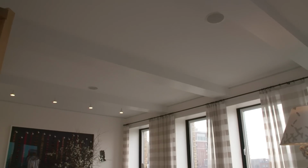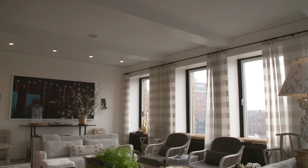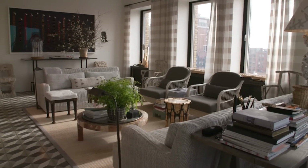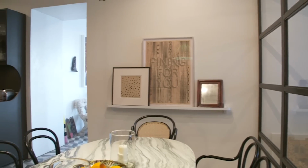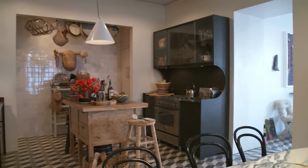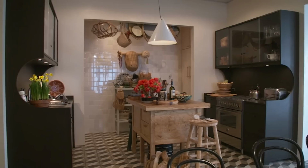I live in an old office building that is, I think, from the Art Deco time period, but in the 80s it converted into an apartment building. And I live on the 11th floor, and I've been living here for about 10 years. We transformed this place from top to bottom,